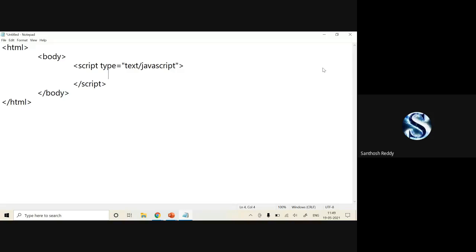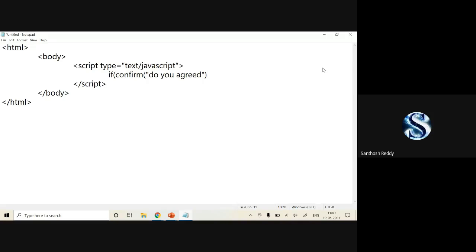Now, first I'll make use of the confirmation pop-up box. In this I'm going to write the confirm method. Confirm is a method, and whatever text you want to write, you can write it here in the parameter, inside the parenthesis.